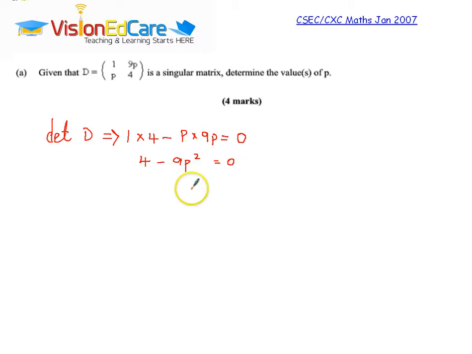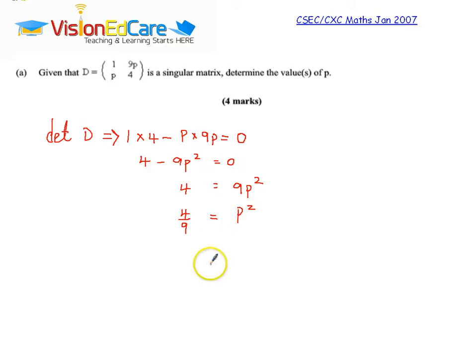Let us solve for P. What I'm going to do first, I'm going to add 9P squared to both sides to get the P on one side. So when I add 9P squared on the left hand side, I get 4. On the right hand side, I get 9P squared. Okay, so we want to get P, so let's get rid of the 9 by dividing both sides by 9. On the left hand side we have 4 over 9, and on the right hand side we have P